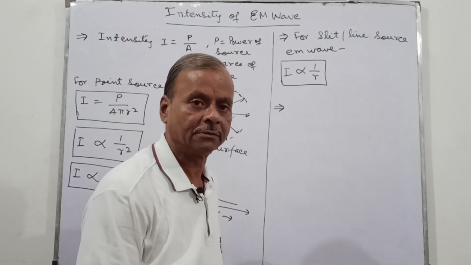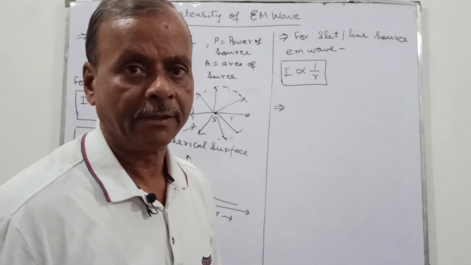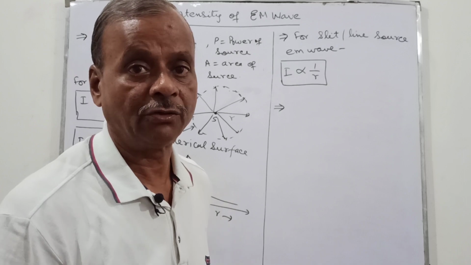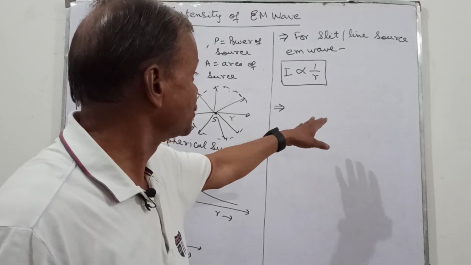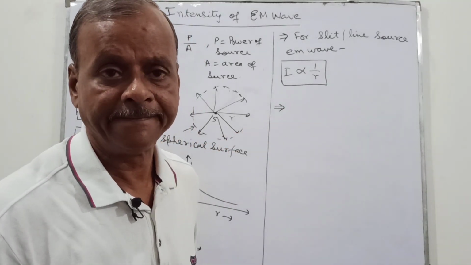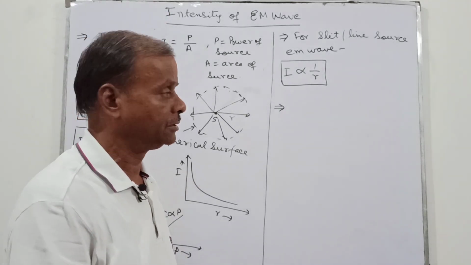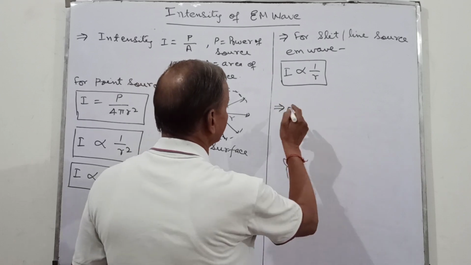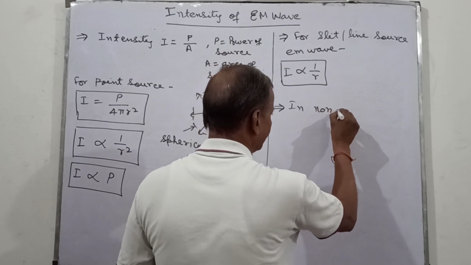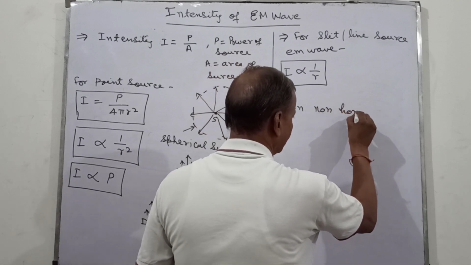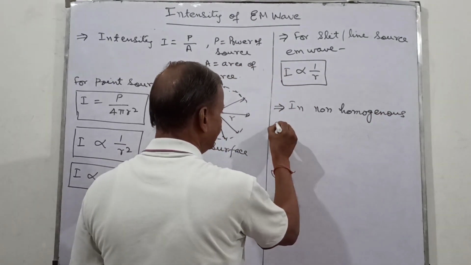We took all these sources in an isotropic homogeneous medium, but if the medium is not isotropic and not homogeneous, but heterogeneous, then the variation of the intensity of this electromagnetic wave is somewhat different. In a non-homogeneous medium,